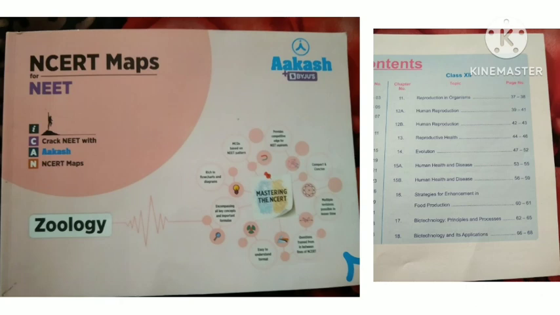ELISA, enzyme-linked immunosorbent assay. Basis: antigen-antibody interaction. Uses: detect the presence of antigens or antibodies synthesized against pathogens. Human insulin. Autoradiography probe: radioactive ssDNA or ssRNA that hybridizes with complementary DNA. Probe will not hybridize with mutated gene. Hence mutated gene will not appear on the photographic film due to lack of complementarity.